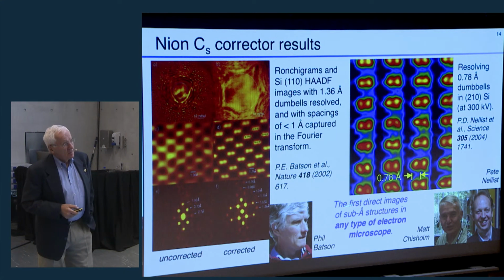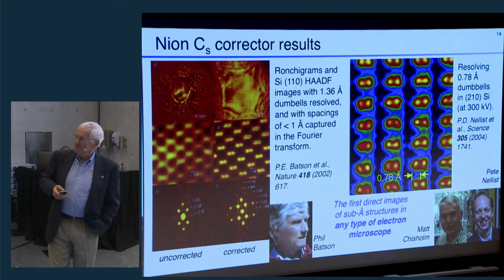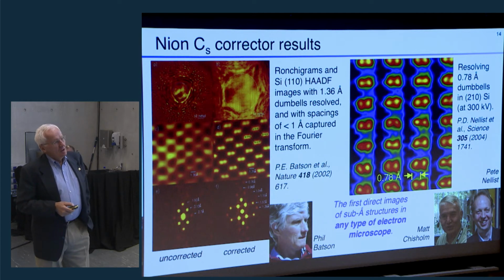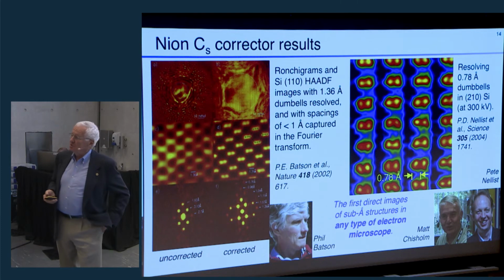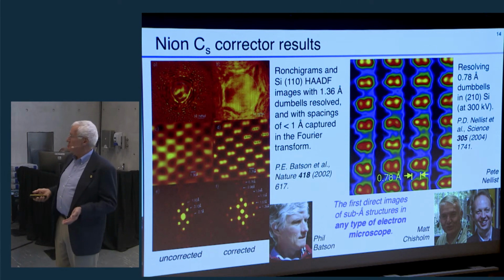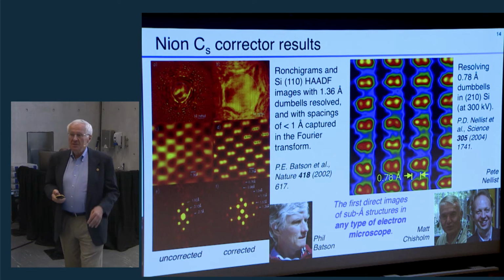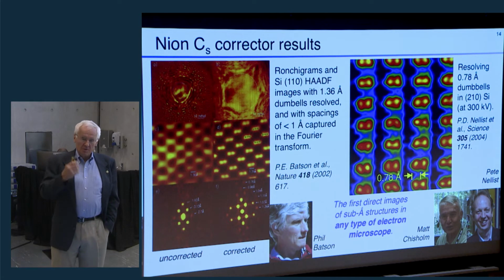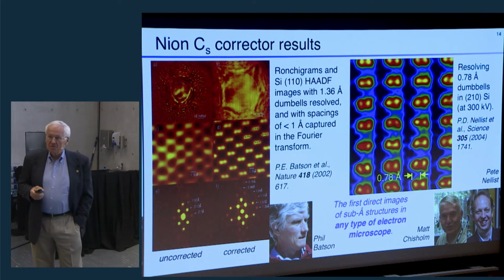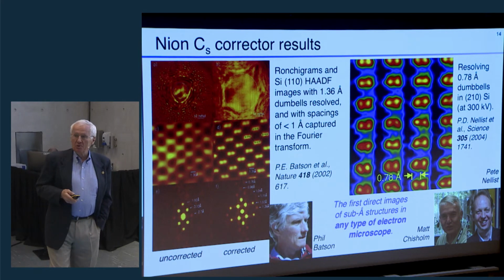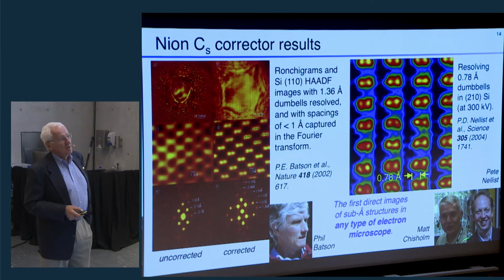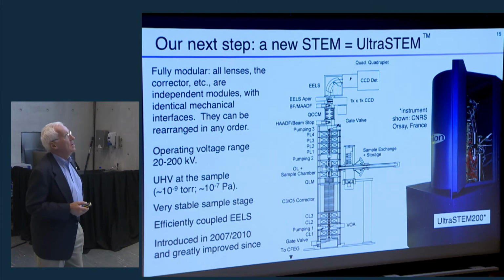So I think we can claim, and maybe there will be some opposition here from my colleagues, that we had the first direct images showing sub-angstrom structures in any type of electron microscope. So this was really convincing. The 1 MeV machines could not do this. This was a 10-year-old 300 kV machine, and I think it was one of the things that basically said to the microscopy community, aberration correction is here, follow it, it is going to be really interesting. And this picture was taken by Matt Chisholm in collaboration with Pete Nellist. So,